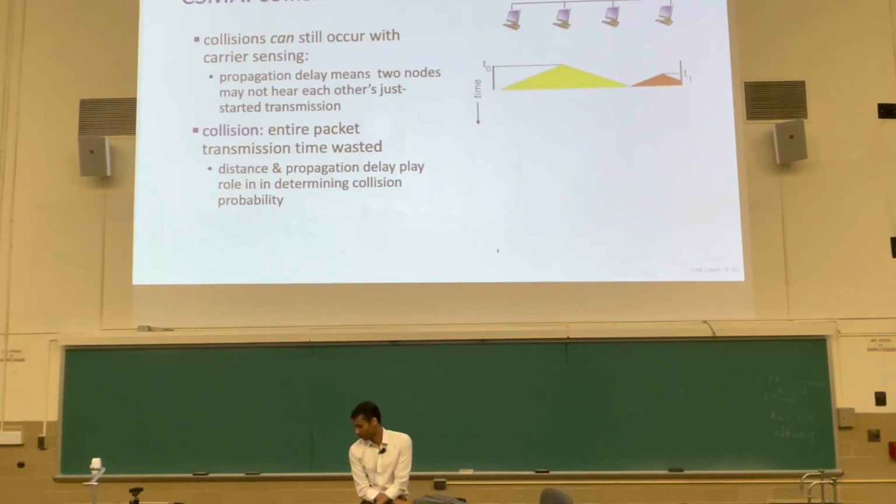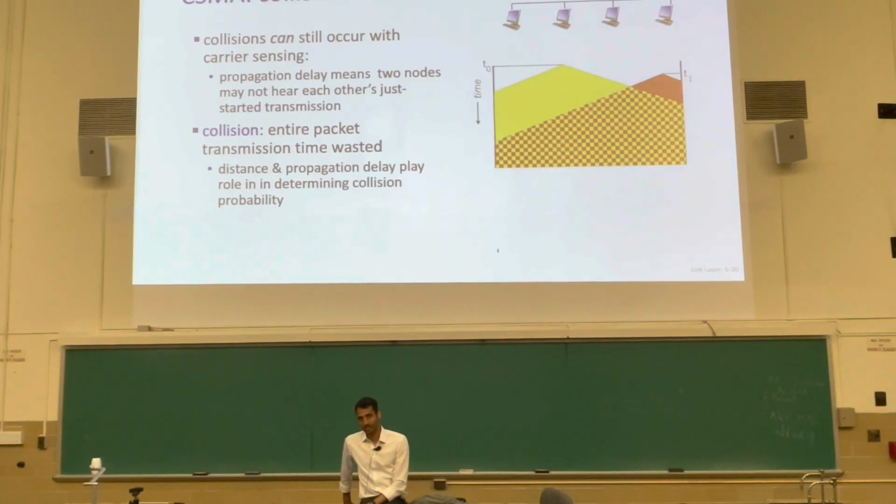But at this time, node 4 can also start transmitting because the signal from node 2 hasn't reached node 4. It's between 3 and 4, and is getting there at this time. But node 4 didn't know that node 2 had started speaking, and it also started speaking. That's what can cause collisions, because propagation delays are non-zero. It's what can cause collisions even if each node is trying its best to not speak when others are speaking. At this point, on the wire, the yellow and red bits are mixing, which means nothing can get decoded.